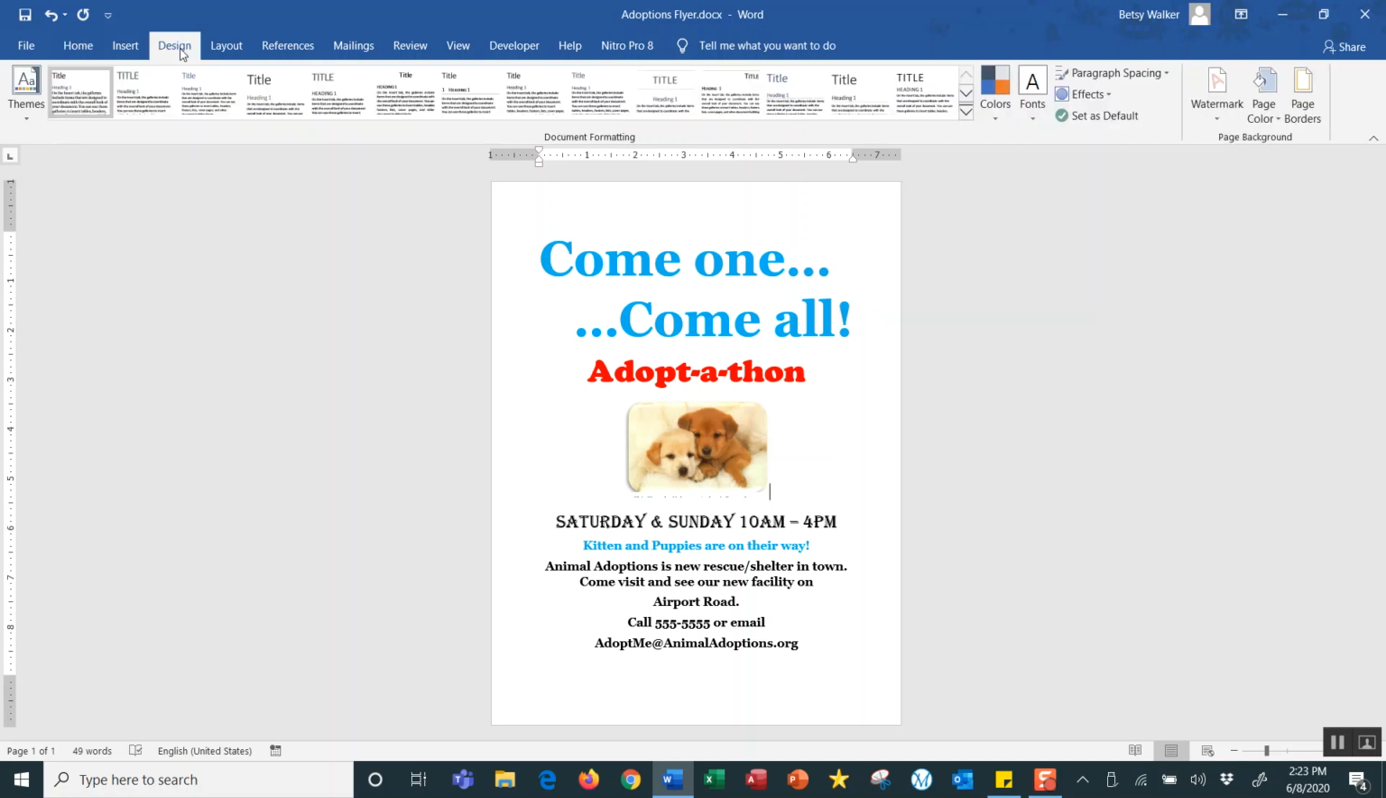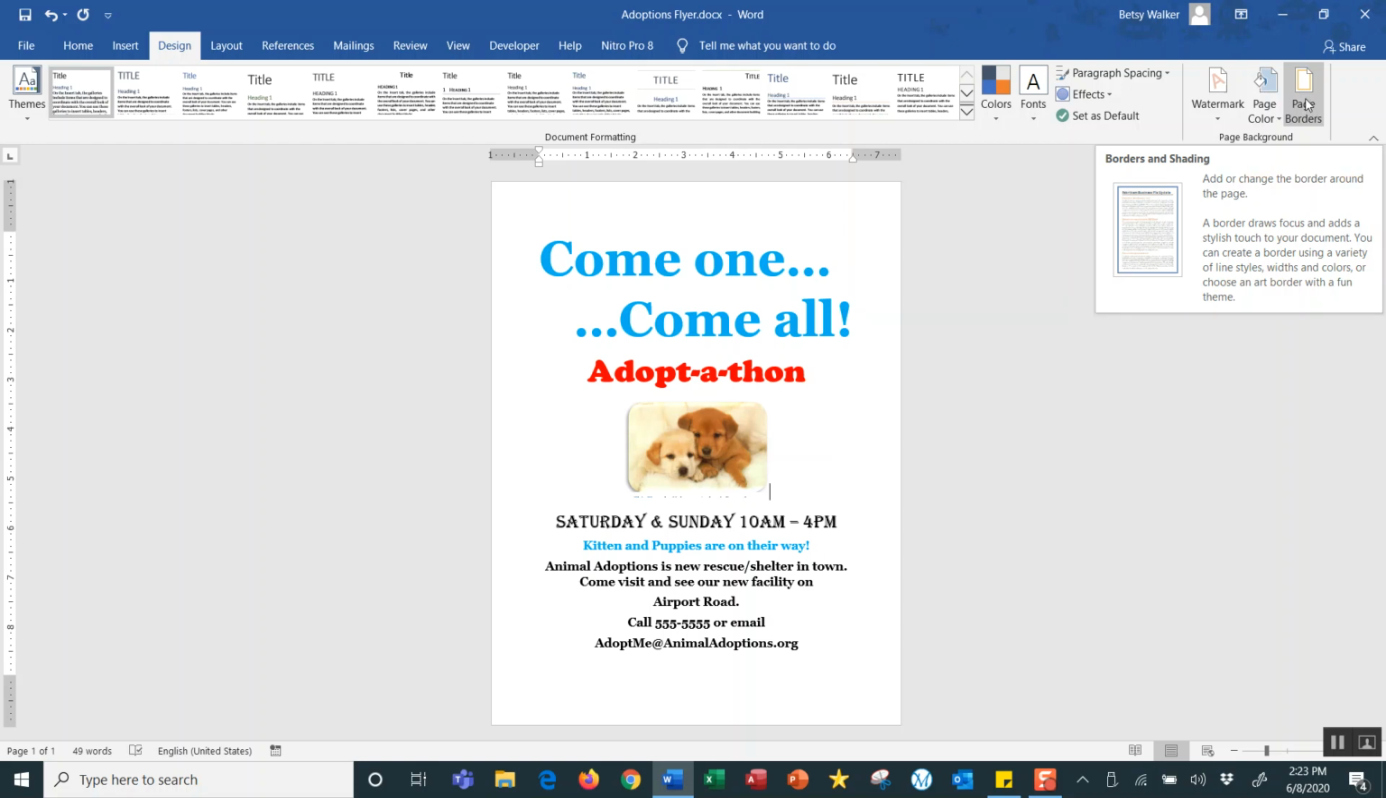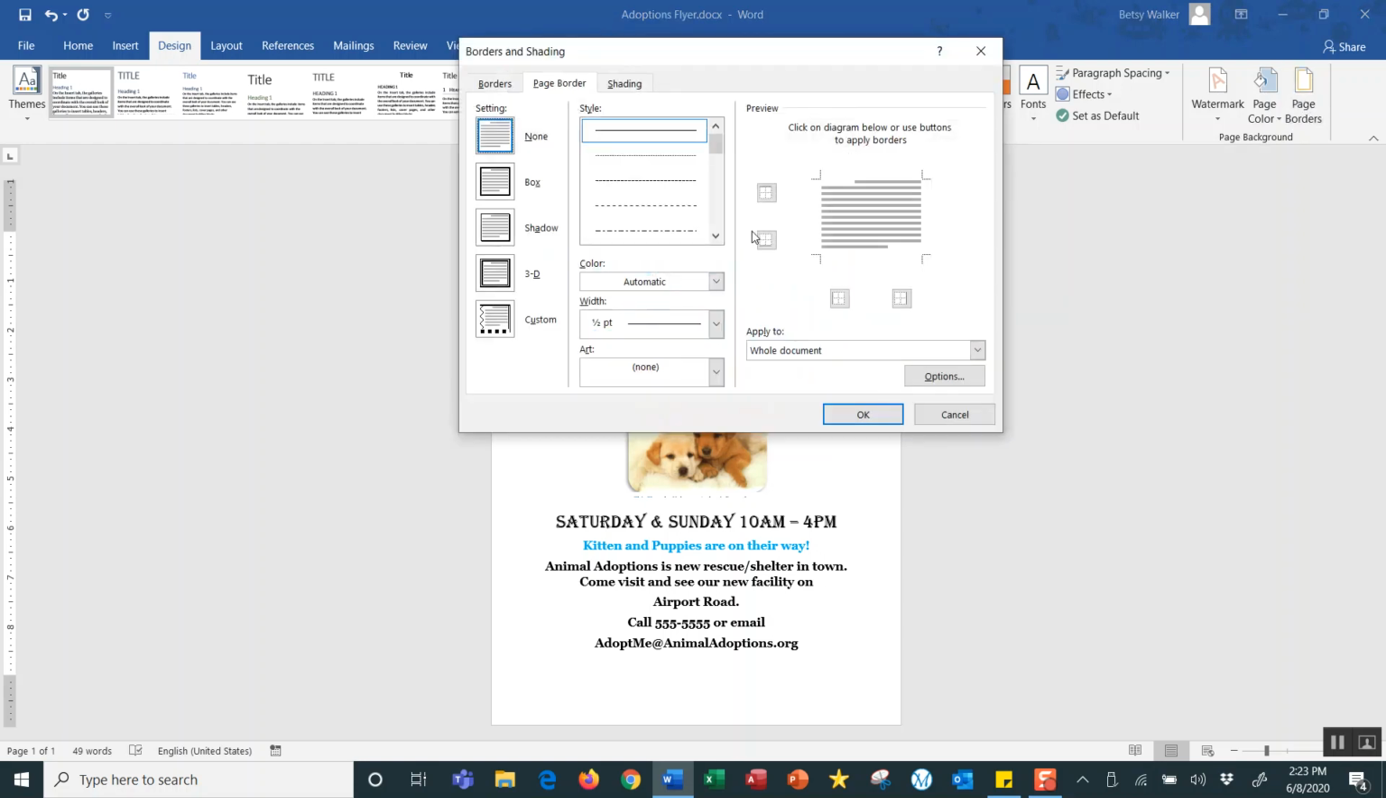We'll go to the Design tab on the ribbon, and over to the far right, the very last button on the ribbon now is called Page Borders. I'll click on that button, and there are a lot of choices here, and I'm not going to go through them all. This is a place where you could play to your heart's content, but I will tell the computer that I would like to have a border that goes around the whole page,